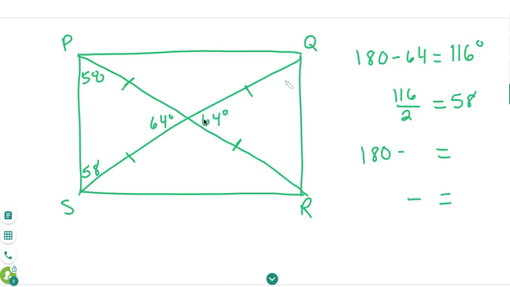So that would make this angle 58 and this angle 58. If I take 64 away from 180 because these are linear, that tells me that this angle is 116 and this angle is 116. Now, if I take 116 away from 180, that leaves me with